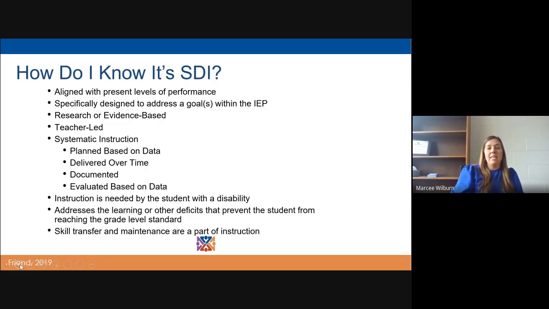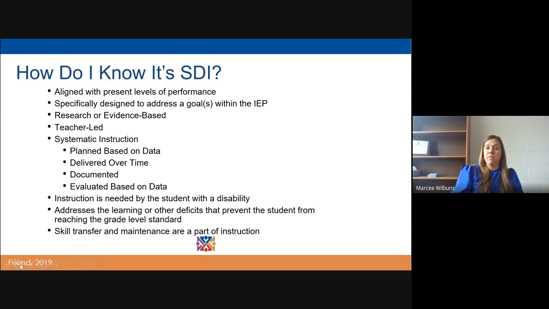We have an SDI checklist that you can go through and look at. Look at your current IEPs, look at what's available to students, look at what you're providing, and go through and just validate what you're currently doing, or maybe find areas that you can potentially improve the specially designed instruction that you have in place. So as you're looking at your SDI, different categories that I want you to look for is one,